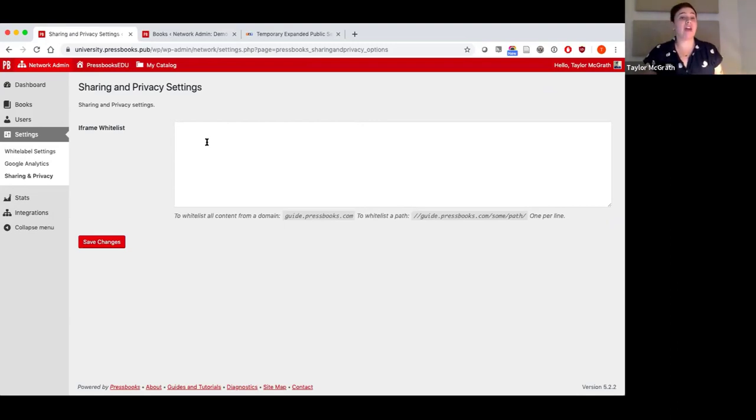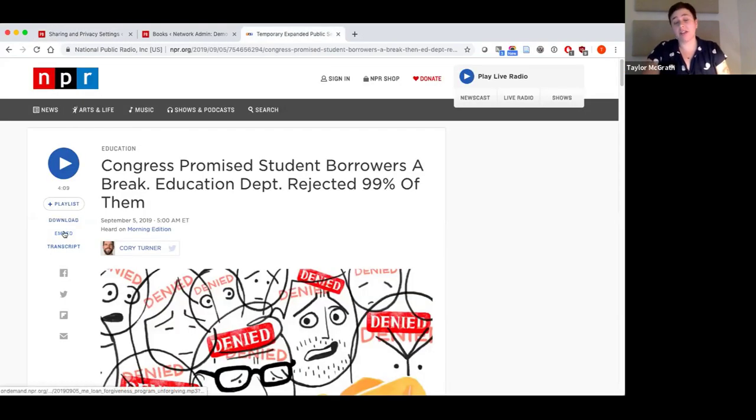So that means that not every piece of content that you find on the web can be embedded in a book. But we have some iframes that have been globally whitelisted across all networks, and we've recently enabled this new feature for every network, where you, the network admins, can add domains to the iframe whitelist, so that under your own discretion of what is secure for visitors to the network, you decide what normal users can put in a book. So say that somebody wanted to embed something from NPR. NPR doesn't use OEmbed, so you can't put it in the visual editor, and it's not in our global whitelist. But if somebody wanted to embed the audio,